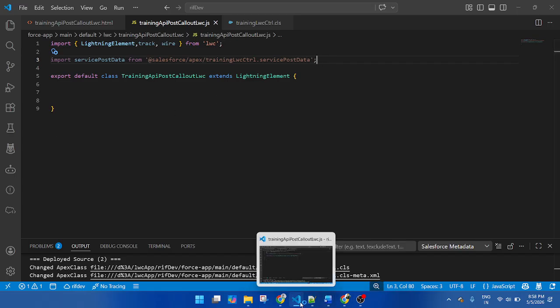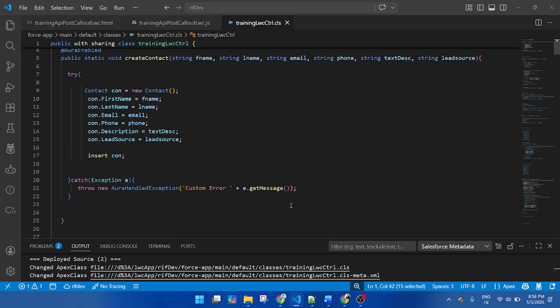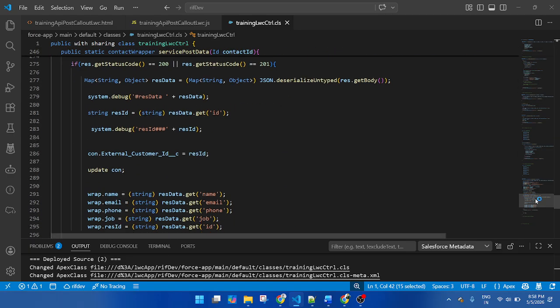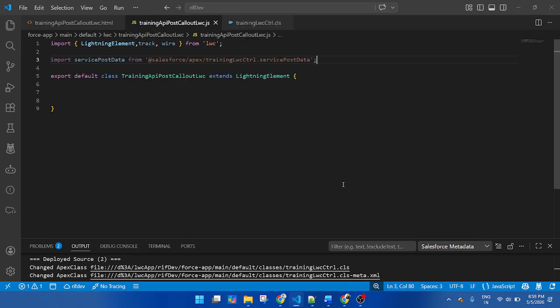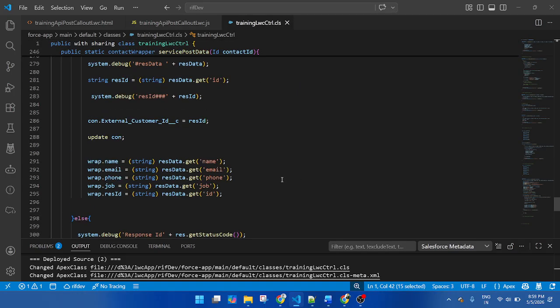So Vivek and Rachna, you got how to create a wrapper class and how to assign the value in the wrapper class? Yes, sir. Rachna, you got it? Yes, yes, okay.